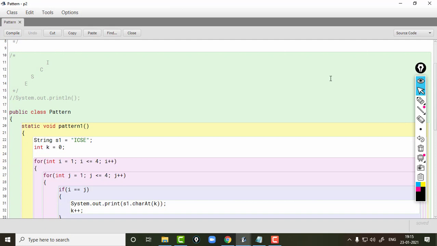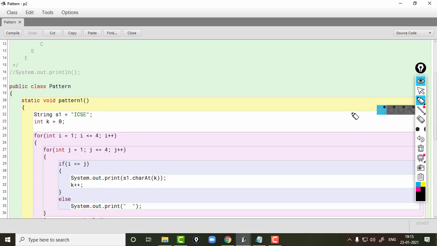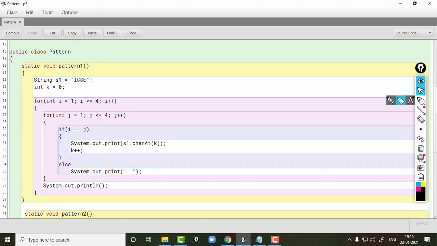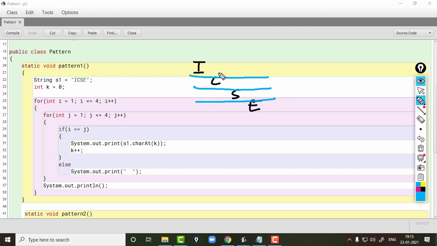So whenever you get a pattern question, first of all, the pattern is like this: I C S E. The first thing you should do is divide the pattern into rows and columns.